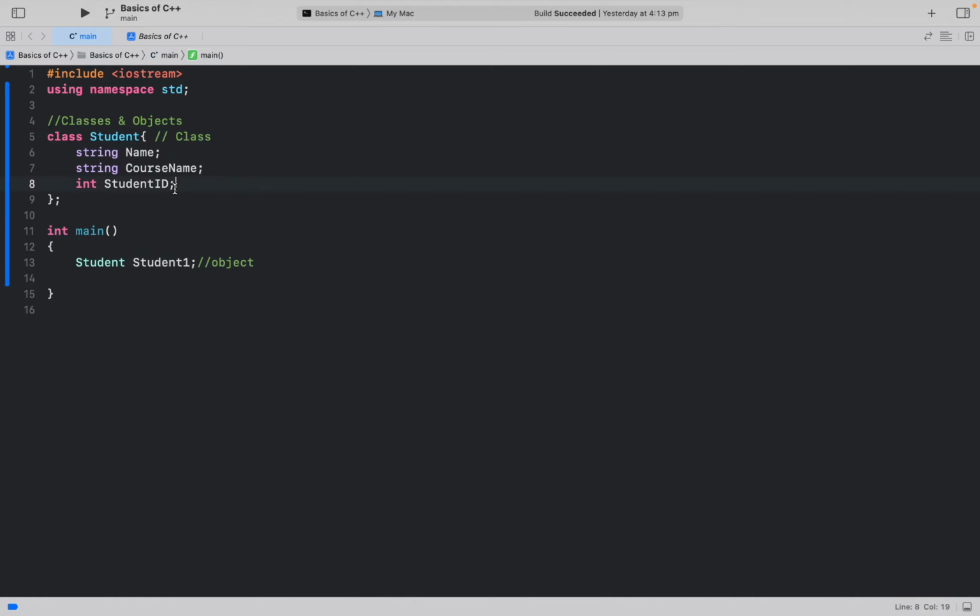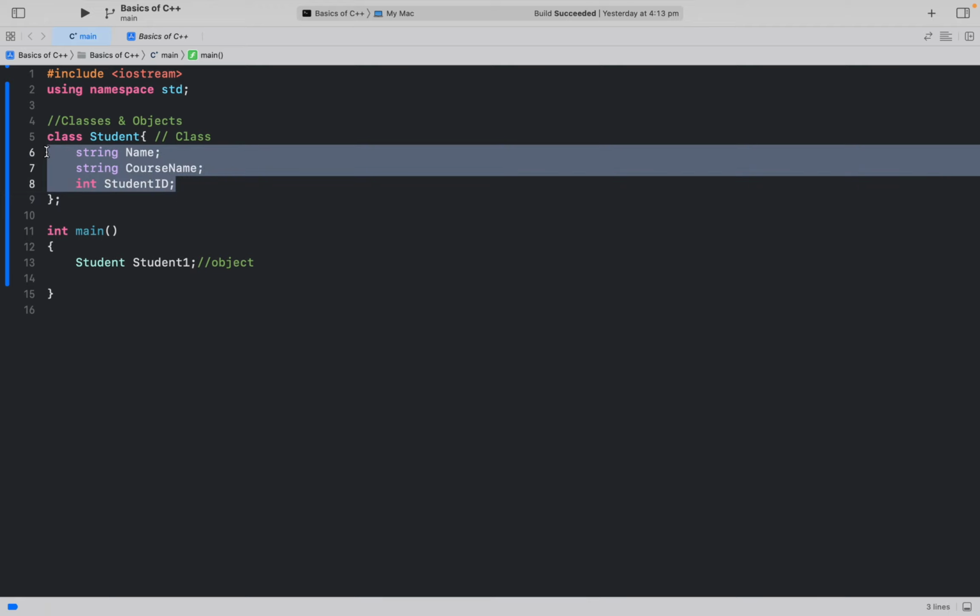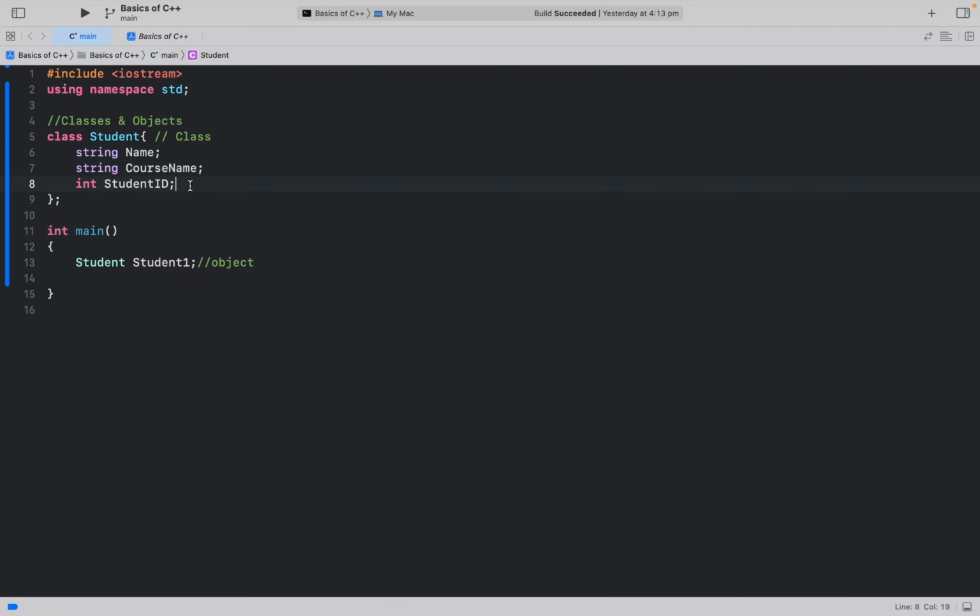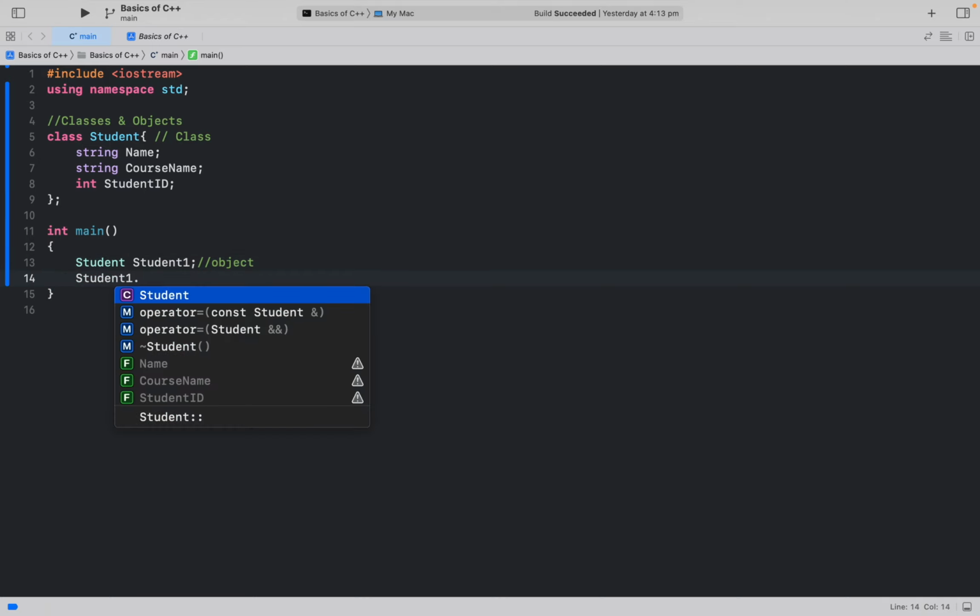Now we can assign these string course name and student ID. However, it's not going to work. So when we are going to assign in the int main function, what we are going to do is take its name. So we are going to take an object's name, which is this one, and this is our class name. So we are going to take our object's name, student1, and simply put dot at the end. It should show name, course name, and student ID. Right now, as you can see, it does not show. There are errors. That's because we have not